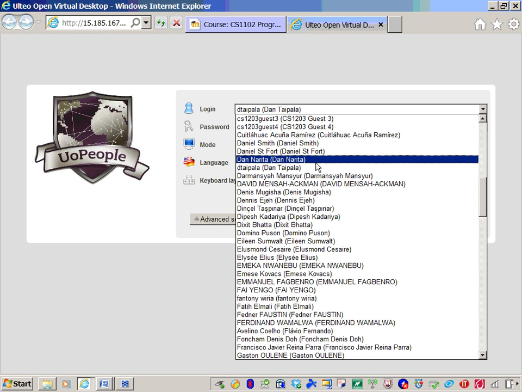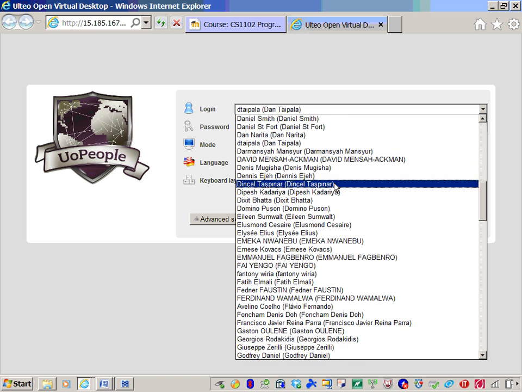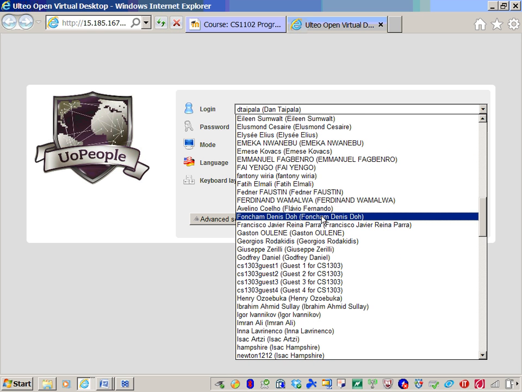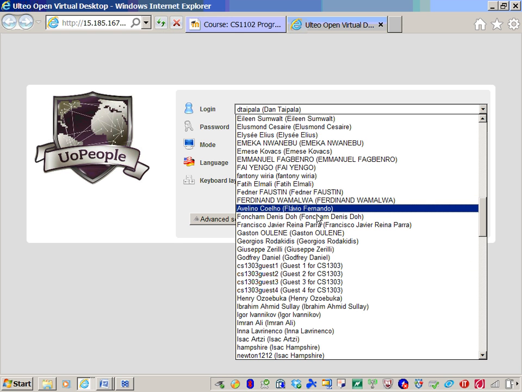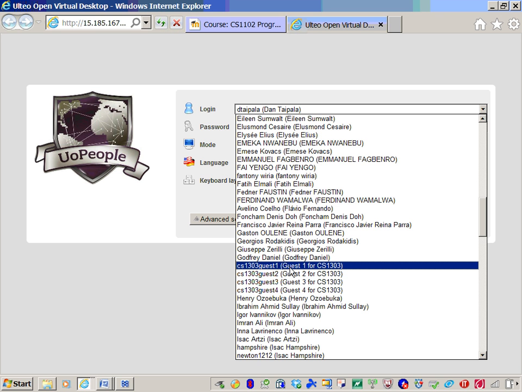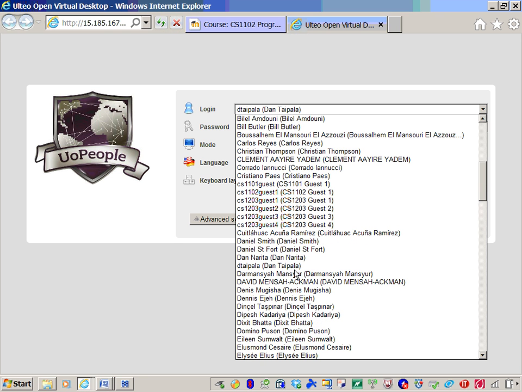And they should be able to take care of that relatively quickly. If you need to have access very quickly, don't have the time to request an account, or you need to get access before then, just know that there are a number of different guest accounts out here dedicated to specific courses, and these guest accounts will have access to all of the tools that you might need to have for